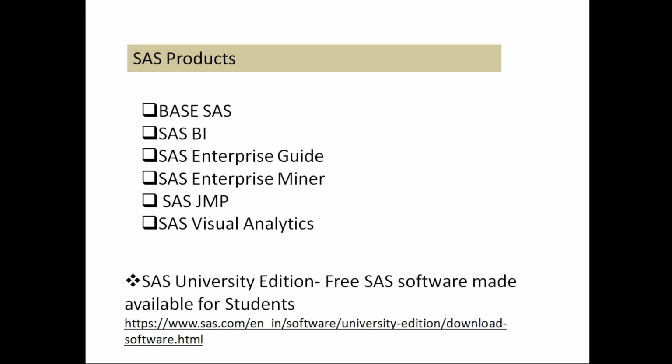And then there's something called SAS JMP. It is basically similar to Enterprise Miner and Enterprise Guide, and it also has visualization capabilities. Then there is SAS Visual Analytics. Now all these tools that I mentioned are licensed tools, and to get the license there's a hefty amount to pay, because SAS is not a very cheap tool. There are various kinds of open software, but with SAS the licensing cost runs pretty high.